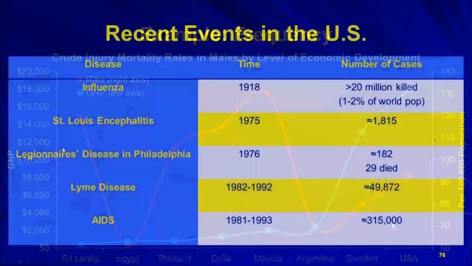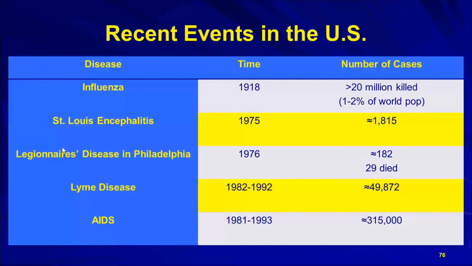As you know, we're still dealing with frequency, and I want to bring that out as we look at these recent events in U.S. history and how frequency helps us determine whether or not we're looking at an outbreak, an epidemic, or a pandemic. And I want to make some comments about this particular chart.